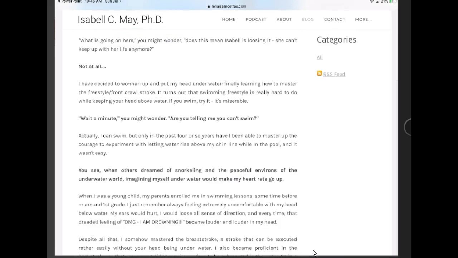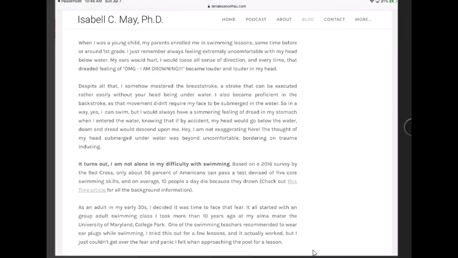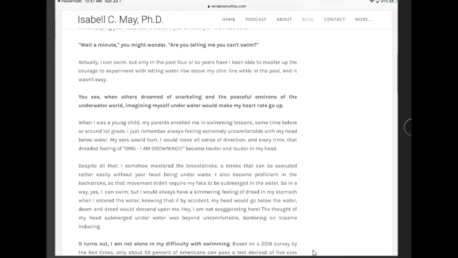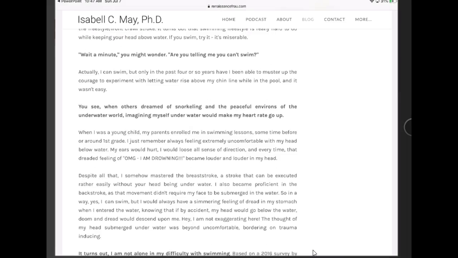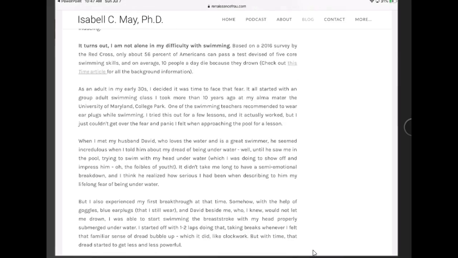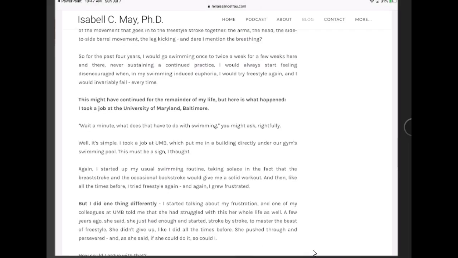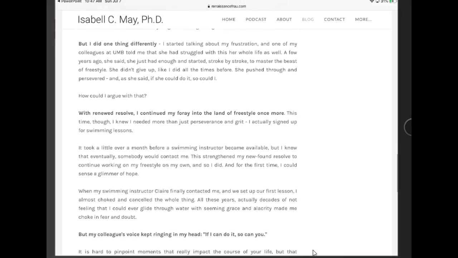So I'm putting things in bold as to really break up some of my sections. My paragraphs are really short. There are things that I have in caps, which you would never do in a formal article. As you can see right here in the middle, OMG, I'm drowning. I also have a lot of you in here, so I'm really trying to engage you as my reader. I have a link to another article, and so on it goes. And sometimes I have paragraphs that are only like a sentence long, right? So I'm really trying to break this up for my reader, not to have a lot of text.